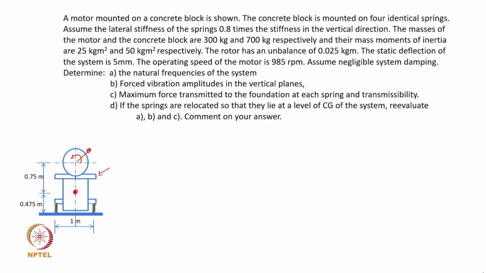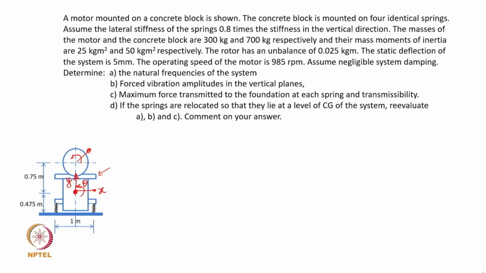So, it is going to have x degree of freedom like this, the theta, and of course y. Okay. Things are quite similar, except that you are given the numerical values of the relevant parameters,